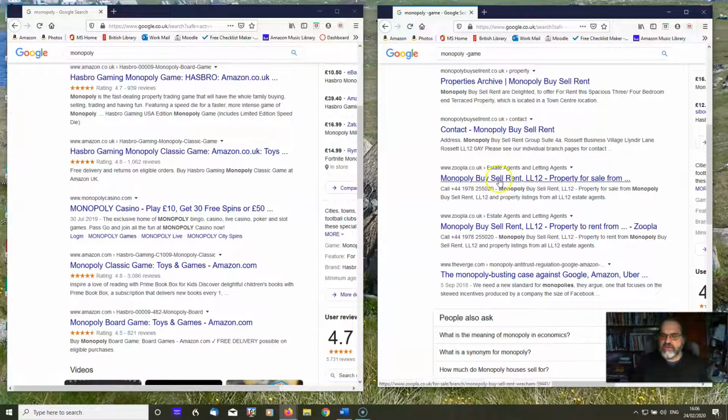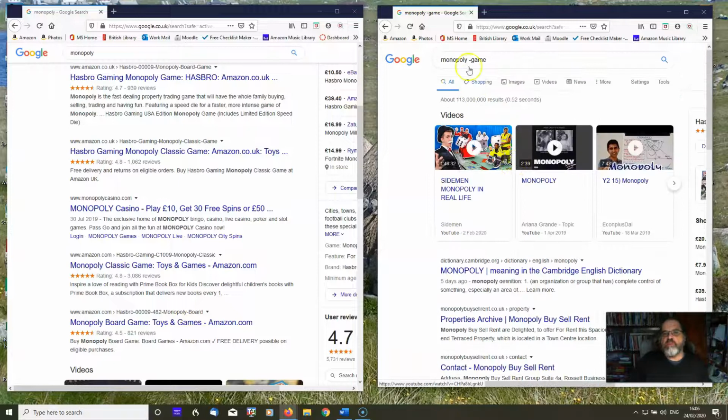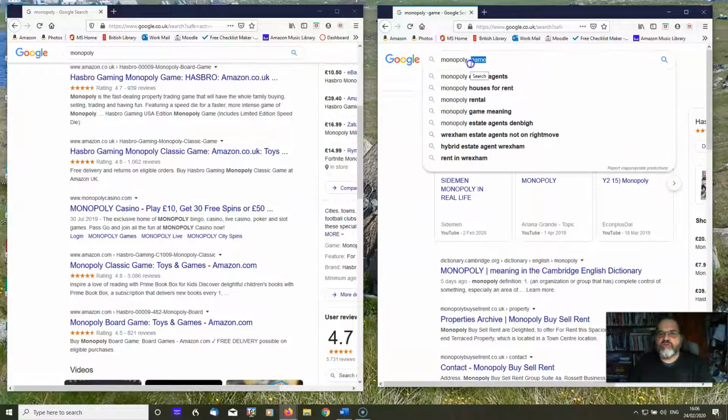So we don't actually have the game. So by putting -game, it will actually reduce or ignore all of those. So any of the Monopoly sites that have game on them will not show. So that's a really useful way of cutting things down. So you can like search for famous cars, but put Ford cars, but put hyphen Fiesta hyphen Focus, and neither of those cars will appear. Right,